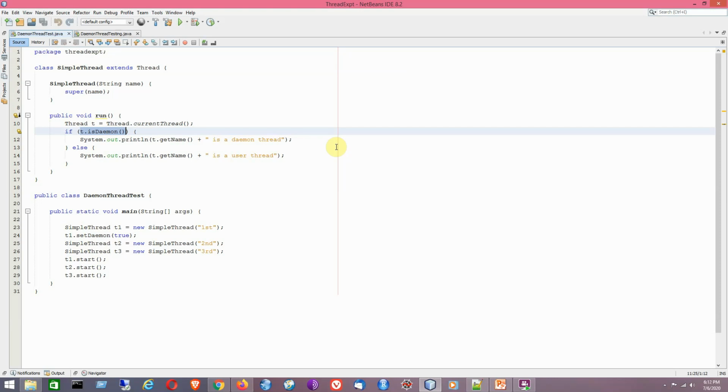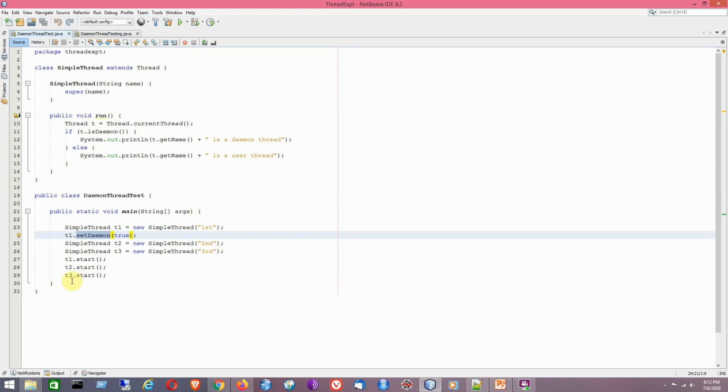It's pretty simple here. So now I am going to use three Java threads by using this construct. So first, second and third, I have made the first thread a daemon thread because the argument here is true. So if I set the argument value as true for the setDaemon method, it will become a daemon thread.